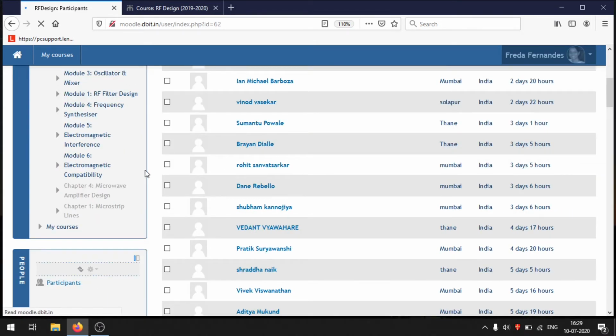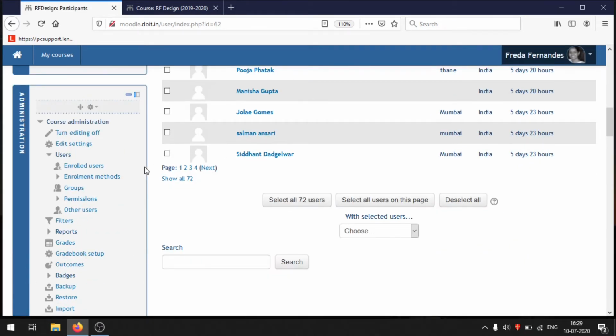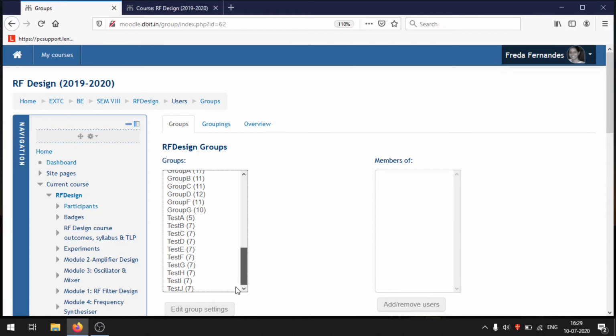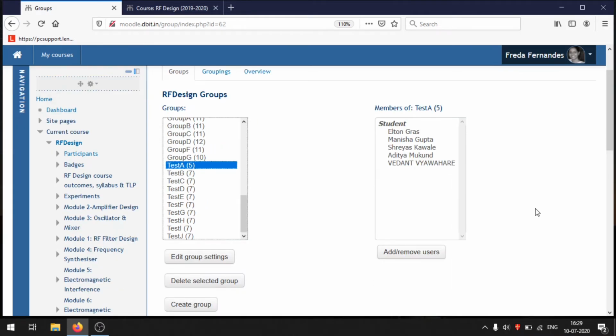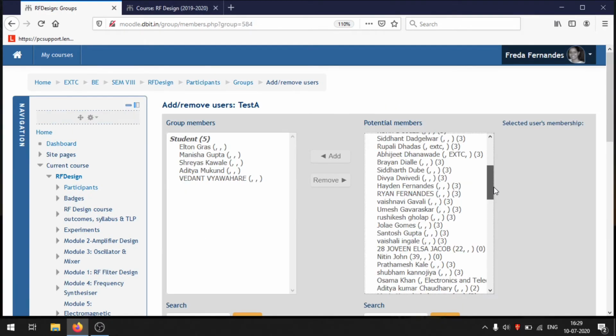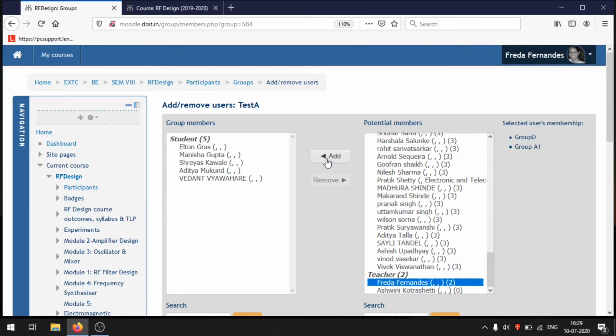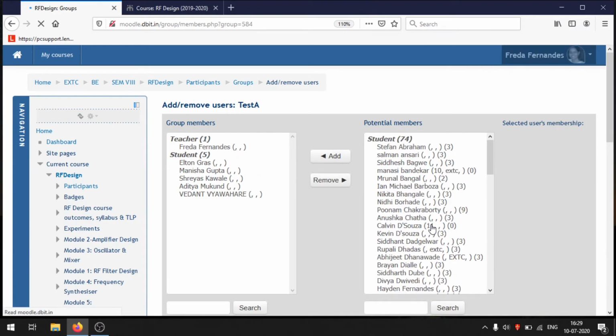So I go to users and I go to groups and say I place myself in this group. So I want to add some members. So where am I? I'll have to search for myself. You can do something like that. You can add yourself and see, and you can remove yourself and see.